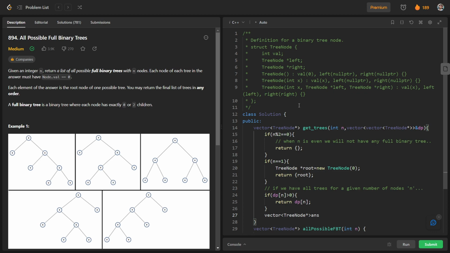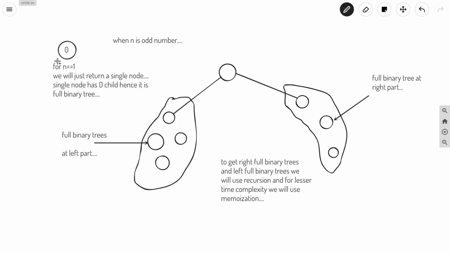So what I am supposed to do: you can see that for n equal to 1 we will have some answer, but for n equal to 2 we cannot have any answer. So we will just iterate for odd numbers of nodes, and we will solve for them.